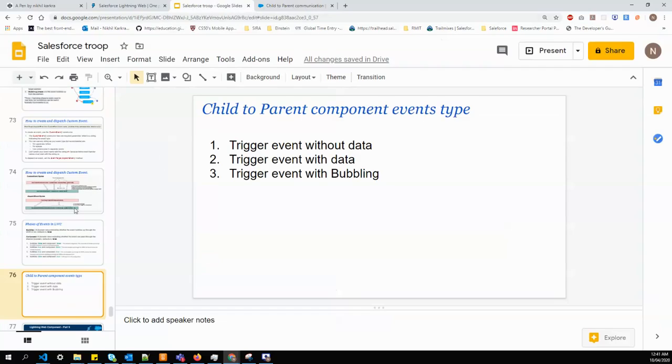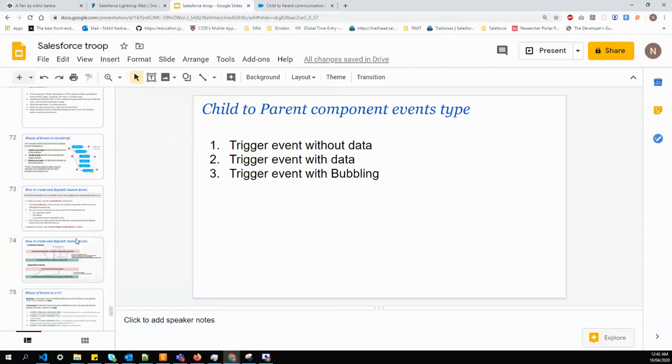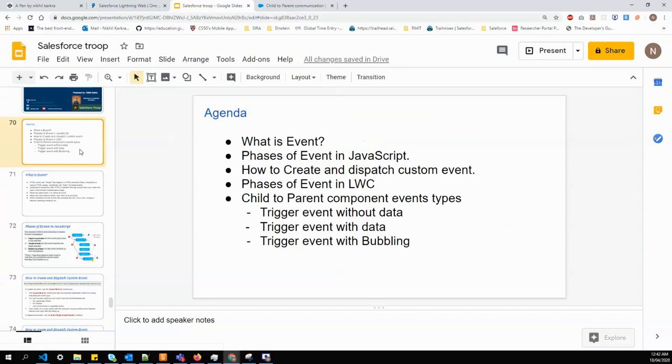Let's go back to our slide. We have covered what an event is today. Then we have seen the phases of an event: the bubble phase, target phase, and compose phase. After that, we have seen how to create and dispatch a custom event. Then we have seen the phases supported in LWC, that is bubbles and composed. Composed is not at all recommended, and we never touched it, and I don't even have any example to showcase that.